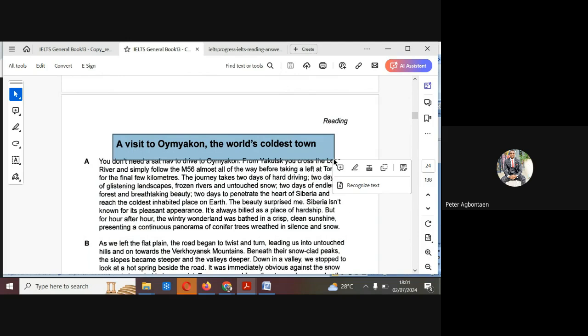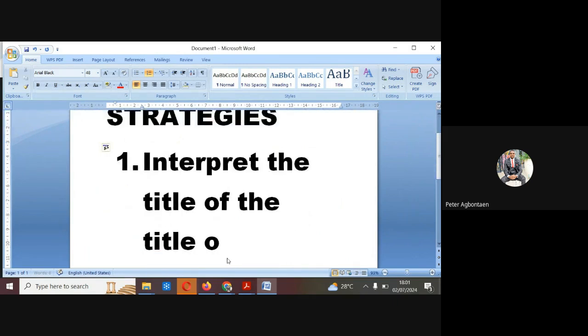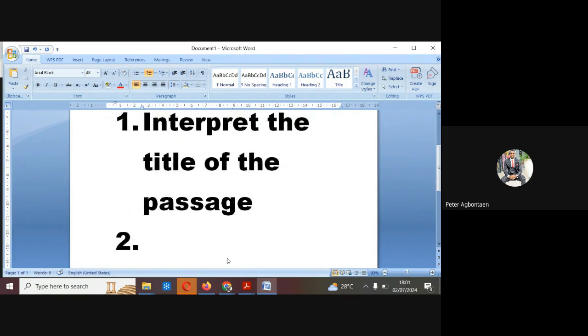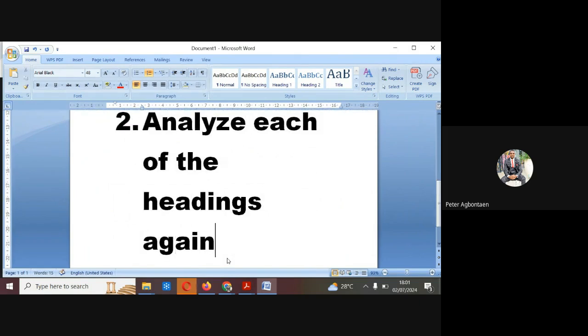And so that's the first step. You interpret the title of the passage so that you can get the main idea of the passage. So that's number one, the title of the passage. Then number two, the second thing that you do is you analyze each of the headings,